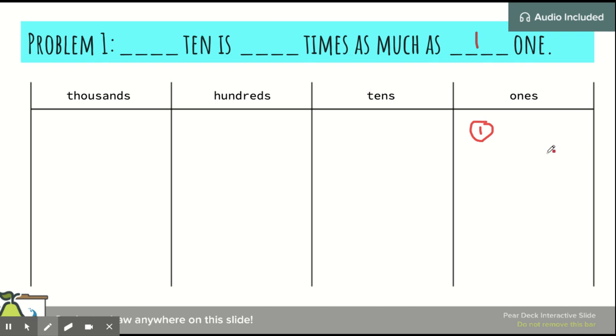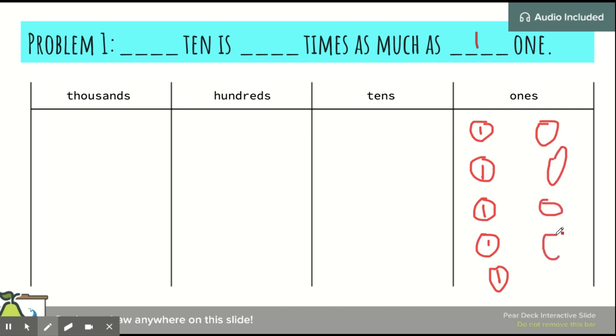How many ones do we need to draw to make a 10? If you said 10, you are correct. So we're going to draw 10 ones. So there's 5, and then I'm going to draw 5 more. Perfect. So you said 1, 1, and if you times that by 10,